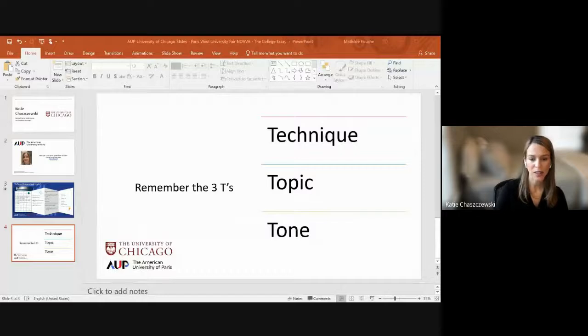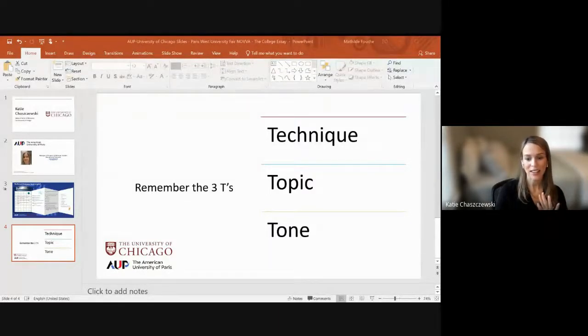So technique is going to be the first thing that is going to stick out to admissions counselors when we review your applications. This is typically something that I will especially mention when I'm talking to students where English is a second language, and that it's important to have your essays proofread, make sense, and be well organized. It's important to make sure that your grasp of the English language is coming through so that we can understand your essay, because those are the base things that we look for in an essay. Can I read the essay?